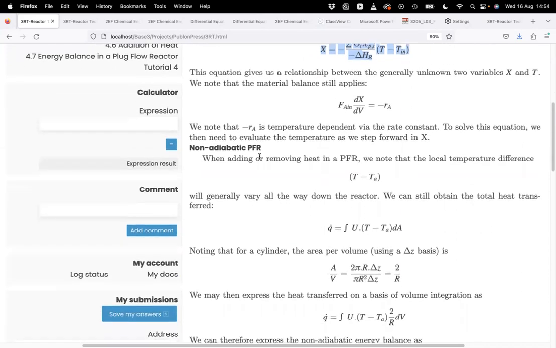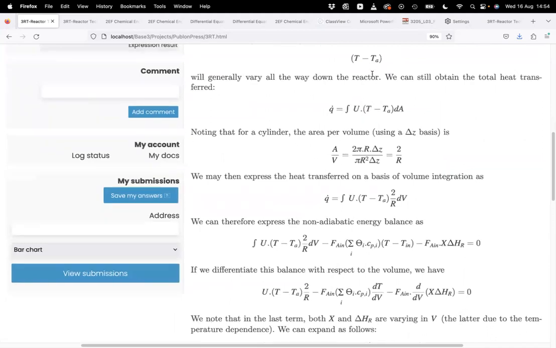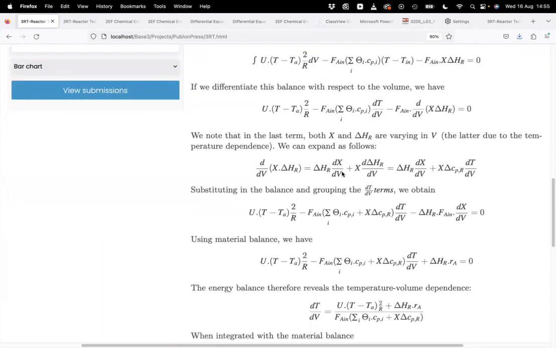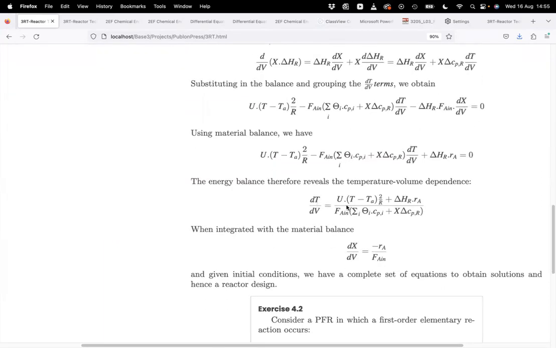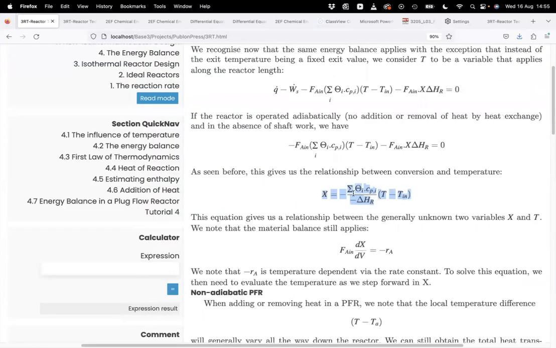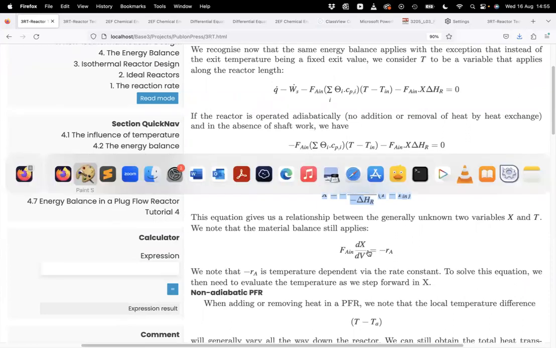In the case of a non-adiabatic PFR, you can see we have to concern ourselves with how the heat transfer goes between the two fluids. And so there we will have to integrate the temperature variation and the conversion variation across the reactor. But when it's adiabatic, then it's good enough to integrate just this one equation. So just to outline that solution a bit more,